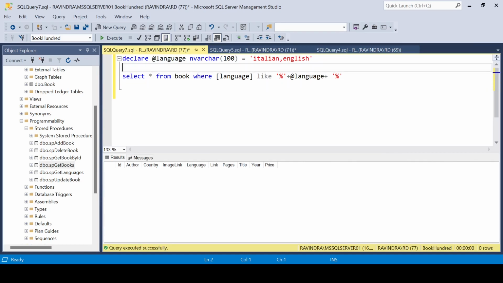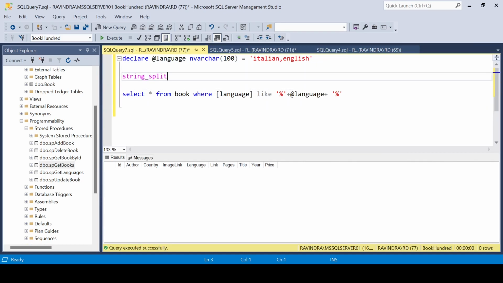This STRING_SPLIT method will convert this comma separated value into a table, or a set of rows. Let's see what will happen. Language: select * from STRING_SPLIT(@language